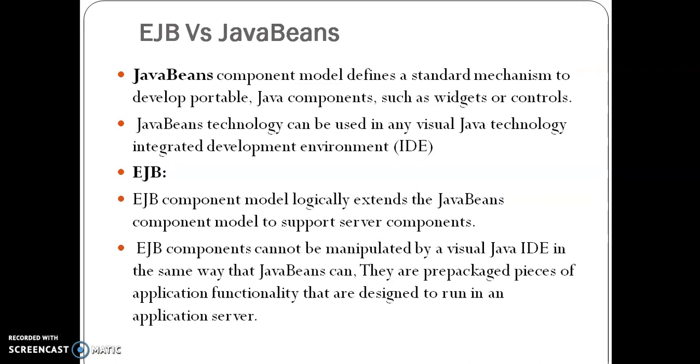Now, as we have already discussed, EJBs are based on Java Beans. So what is Java Bean? What is EJB? What is the difference? Java Bean is nothing but a Java component. It is also a component model. We can design Java components or reusable components. Mainly we can design small widgets and controls like we have already seen in web technologies. We can design small applications like widgets and controls. We can design these Java Beans in a Java IDE, Integrated Development Environment.